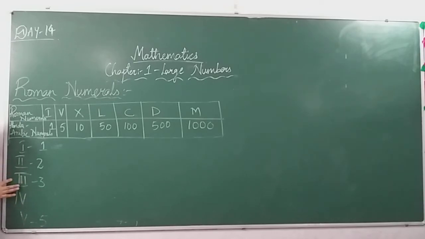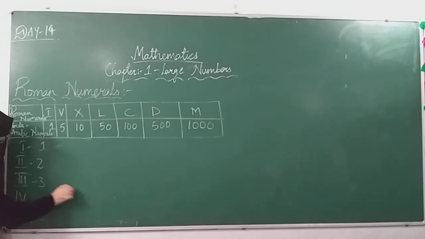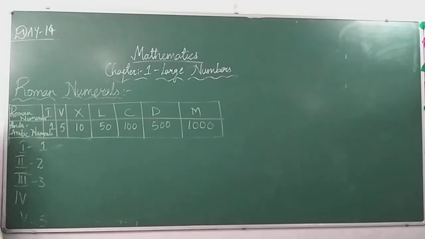That's why we are not repeating it. It's wrong to write 4 like this. It's wrong. We should not repeat. That's the rule here. Okay. So we are taking 5 and we are subtracting 1 from it. For 4 I am not writing like that because we should not repeat more than 3 times. We can repeat 3 times, but more than 3 times we should not repeat.